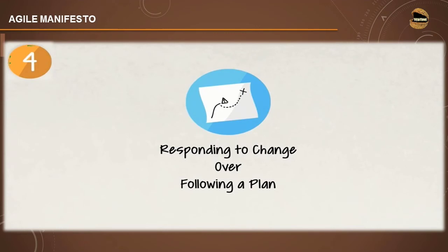At number 4, we give importance to responding to change over following a plan. Don't forget, a plan is always a plan, which might not stay the same. As an instance, you may plan today for an event that is going to happen 3 months down the line. During that span, a lot of things will change according to real-time statistics. So when you come to that event, maybe the plan will not work, what you planned for.